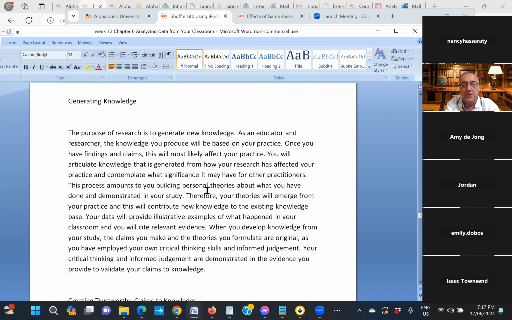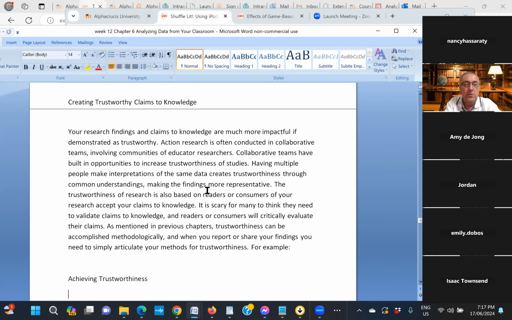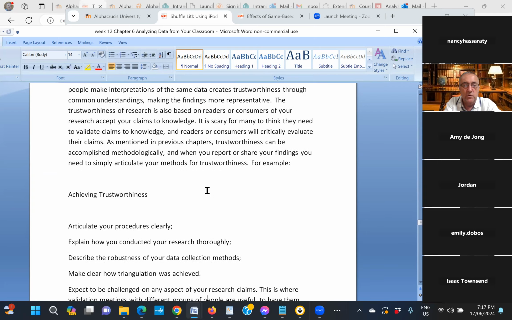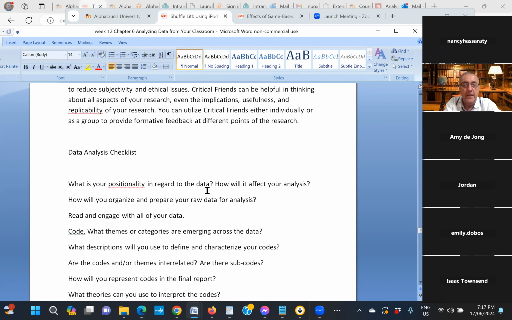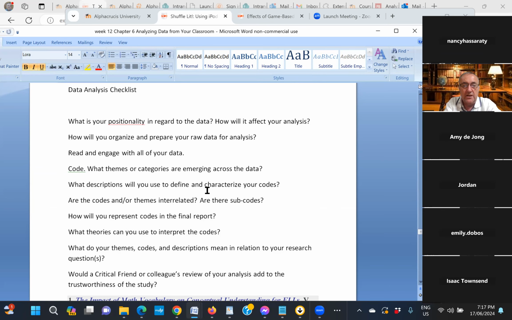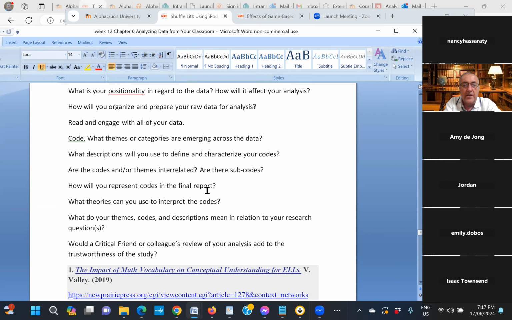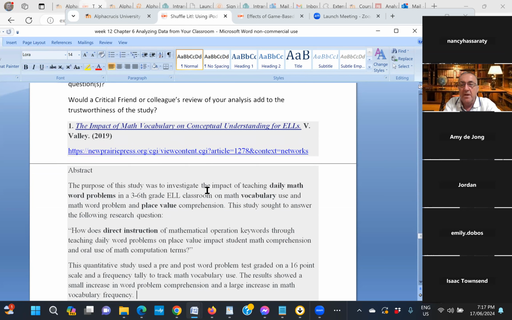You might want to think about the knowledge and whether you're finding new knowledge and insights that could be explored further, and how trustworthy is the knowledge that you are gathering. You might want to go through the data analysis checklist and think about how the different themes unfold and how reliable they are. But let's take a few moments now to look at the examples that we have from these